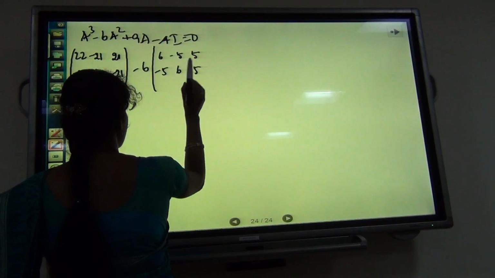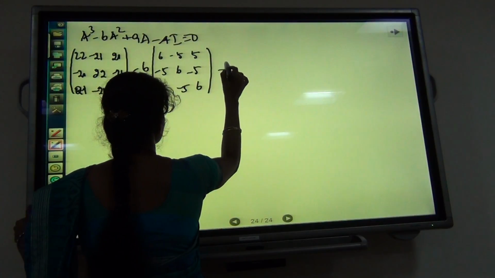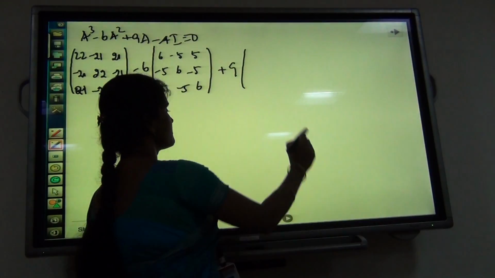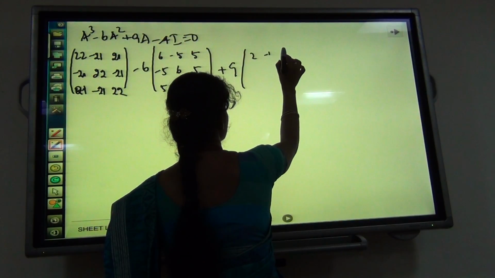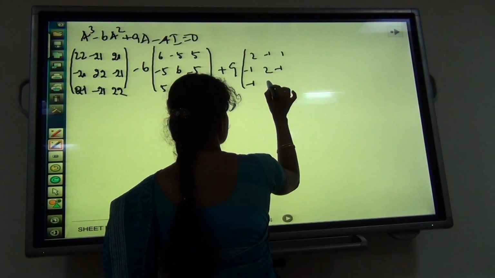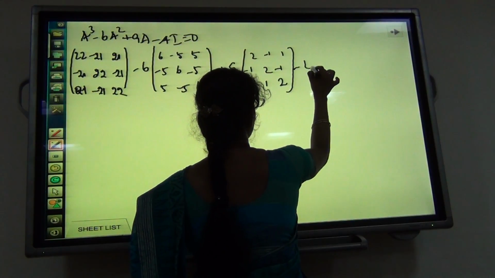This is 9 times multiplying with the matrix A, the original matrix. That is 2 minus 1, 1, minus 1, 2 minus 1, 1 minus 1, 2, minus 4 times of